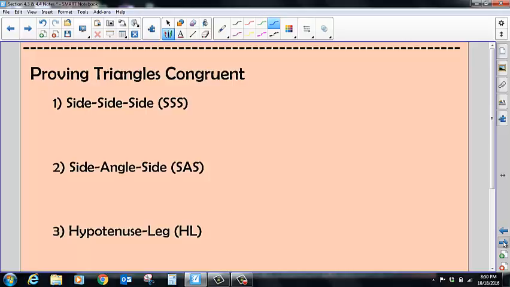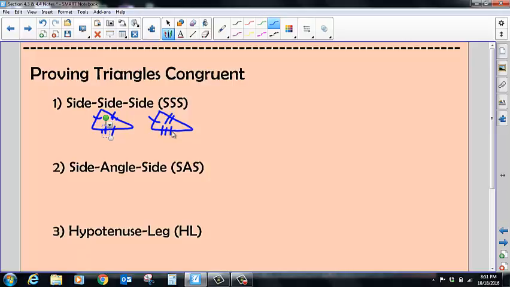And I feel like this one is slightly obvious as to what's going on. But basically, in order to use side, side, side to show that triangles are congruent, you would need all three sets of sides to be congruent between your two triangles. So if we had one triangle and then another, all three sets of sides would have to be marked congruent. Okay, and so when we get to our proofs, which we're really going to focus on tomorrow, what you would say,